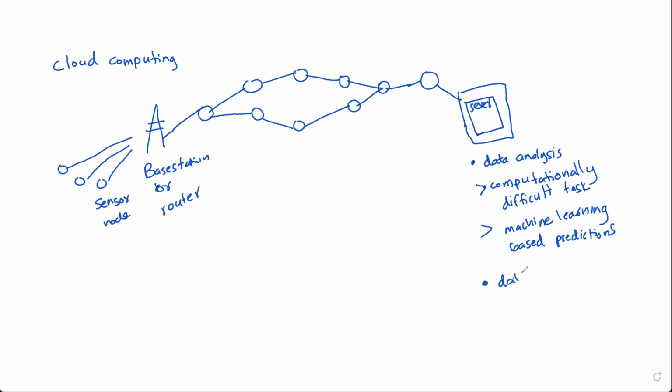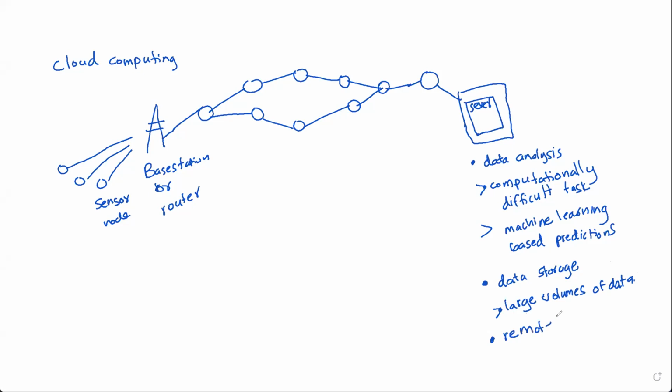Next, we require data storage. Cloud computing allows us to store large volumes of data. In IoT networks, we have large volumes of data, so we require specific storage space to store them. Our own devices cannot store large amounts of data, so we require separate servers to store the information.